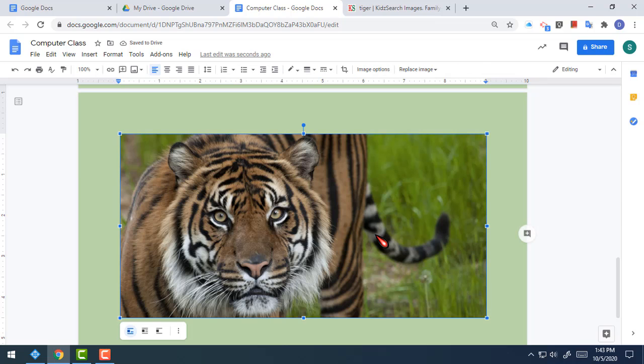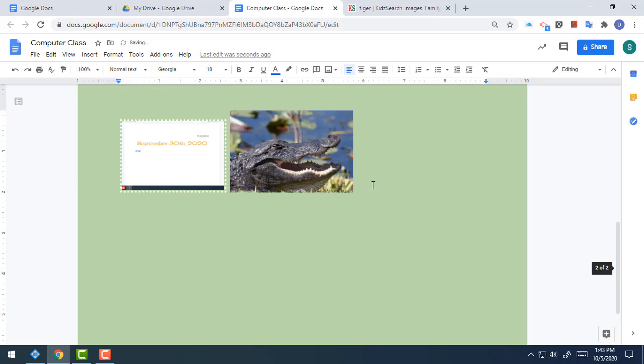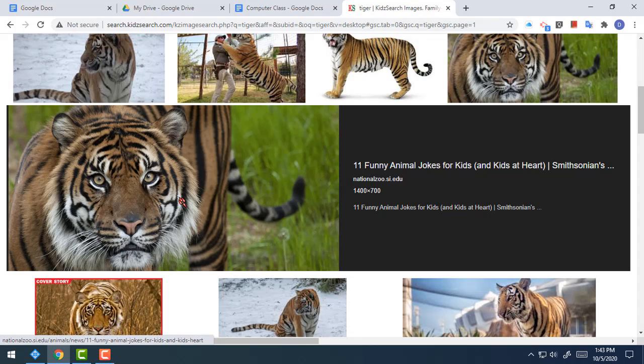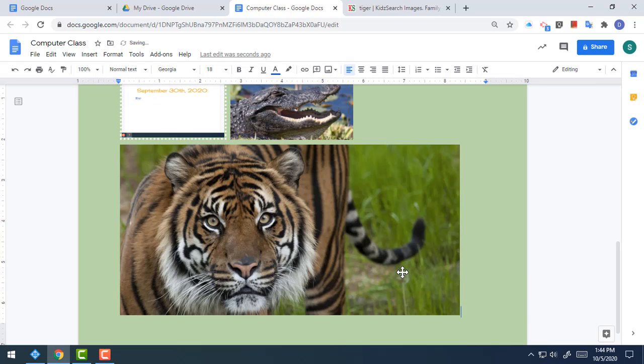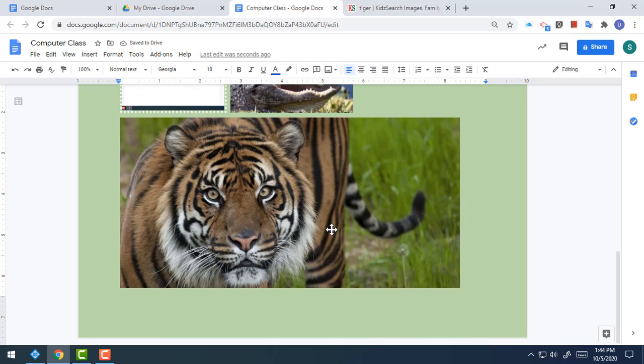Now, let's pretend for a second that I didn't do it that way. Is there any other way? Well, the other thing that I could do is put my mouse pointer right on top of that picture. I'm going to click and hold down the button. If you're using a mouse, hold down the mouse. If you're on a trackpad, hold down the trackpad. And now I'm going to drag up to my tab with my Google Doc, drag it right to where I want it in my Google Doc, and let go,